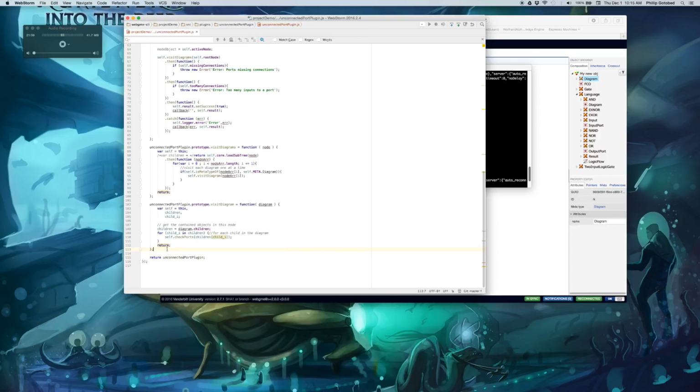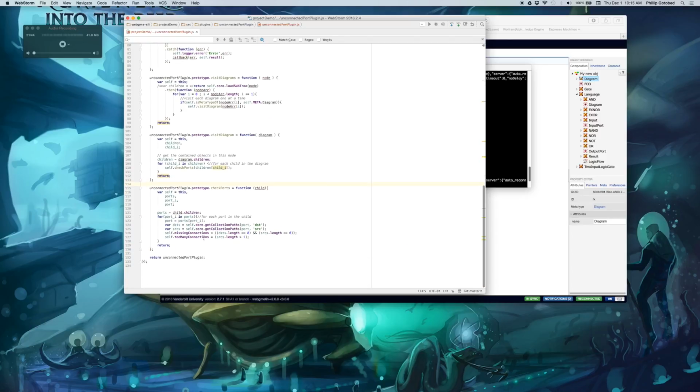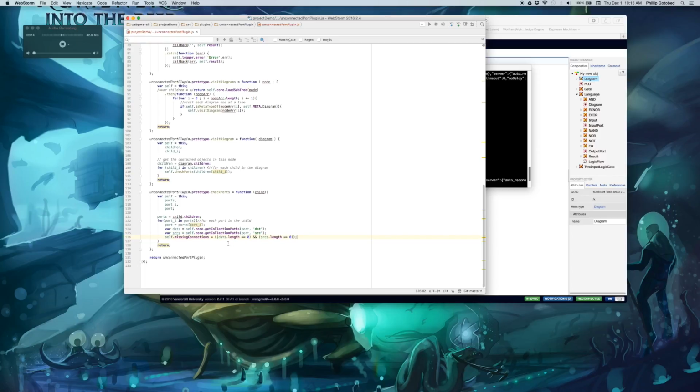And the check ports function is like this. First, we have the variables we need to go through each port. So for each, we get the ports for that child in particular, and for each port, we want to get a collection of the destinations it has and the sources it has. And then we just want to go ahead, we don't need this last line here. We want to go ahead and check for each